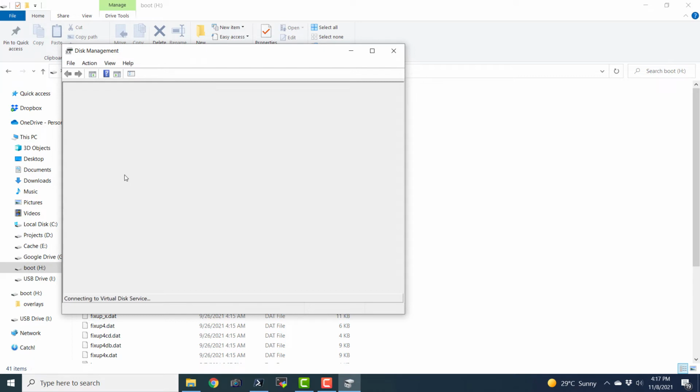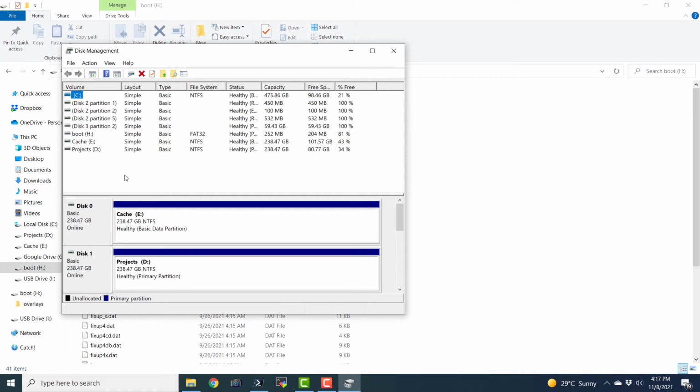It is going to take some time because it is related to hardware and it is reading the information from all the disks. So it is going to show us all the disks connected to this computer's motherboard by any means. We have 2 NVMe M.2 SSD hard disks, and we have one traditional bigger SSD as the storage for this computer, and then we have attached another micro SD card.